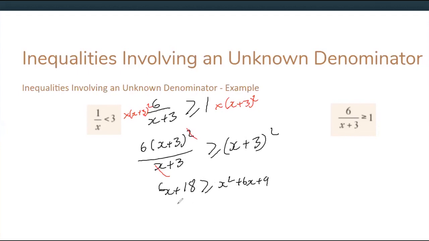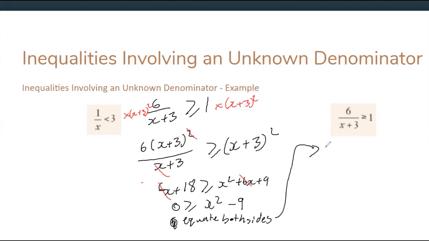And now I'm going to rearrange this. So I get 0 is greater than x squared minus 6x, to get rid of this and get 0, to be minus 6x, and that just cancels. So that'll cancel with that. And then if we also minus our 18 to get rid of it from this side so we can get that 0, then it's going to be 9 minus 18, which is minus 9. And from here, we equate both sides. I'll continue my working up here. So then we get 0 is equal to x squared minus 9,